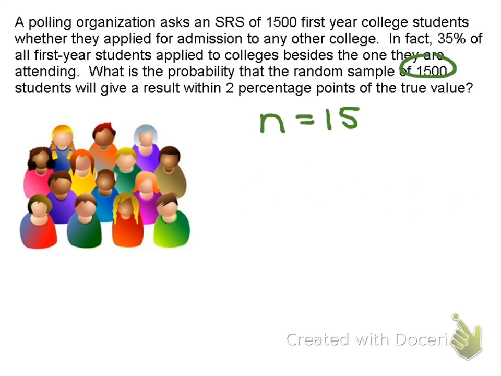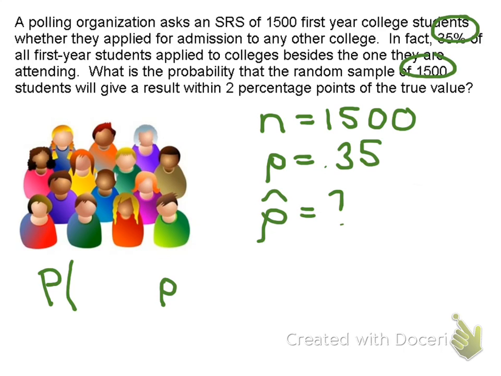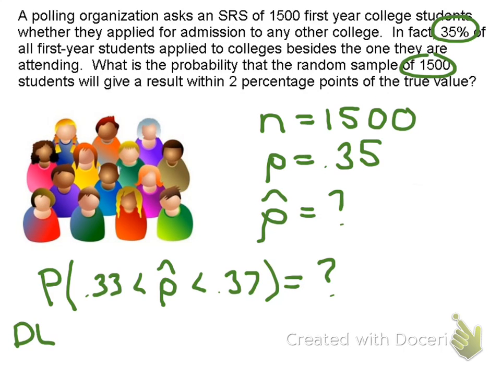First of all, we're given a sample size of 1,500, and we're also given the population proportion of 35%. Again, normally we won't have that number. For this problem, in order to explore it, we're going to act as if we do know that it's 35%. And we want to know the probability that we get within 2 percentage points of the true value. So what we want to take a look at here is,